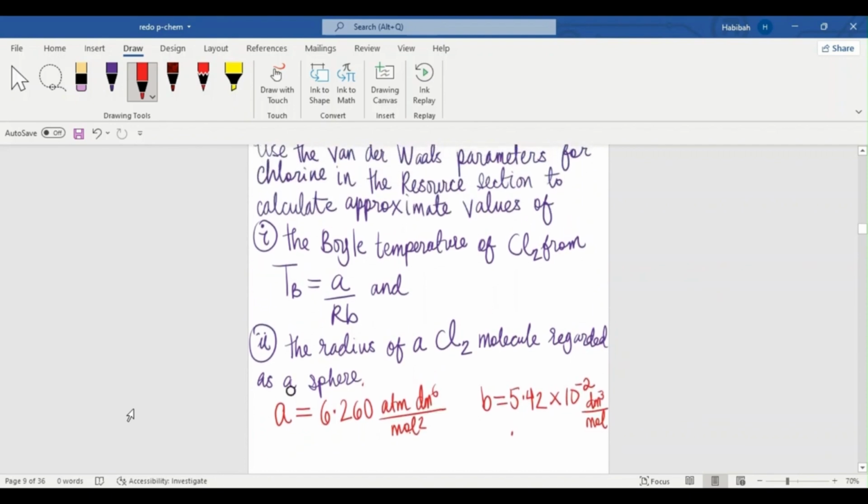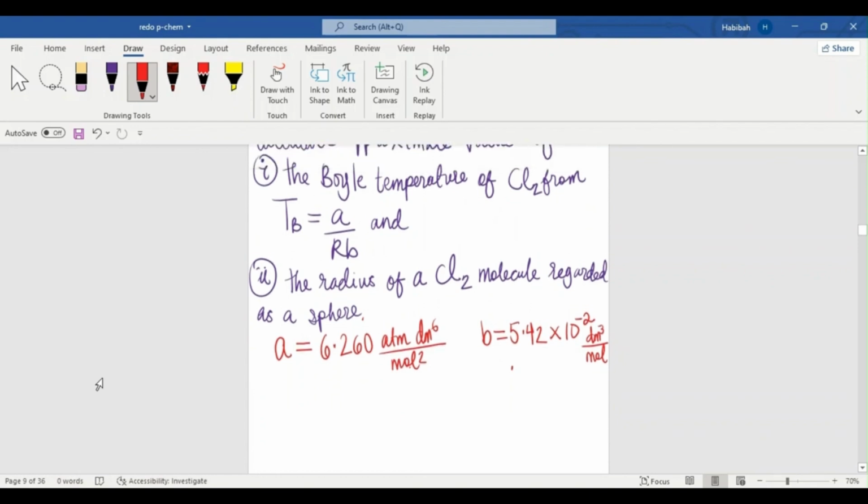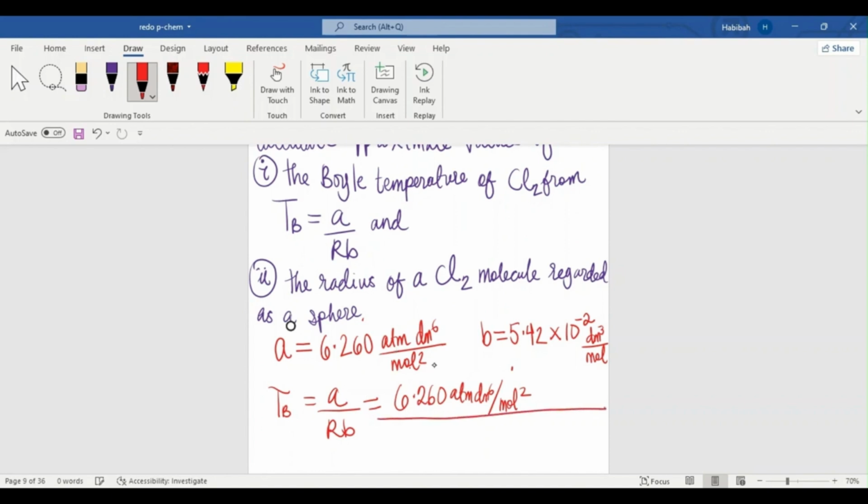The first question requires us to determine the Boyle's temperature. So the Boyle's temperature is TB equals A over RB. That's the formula. All we have to do is simply substitute. First of all, substitute the A. So we have 6.260 atmosphere dm6 divided by mole square, so that's A divided by the unit,